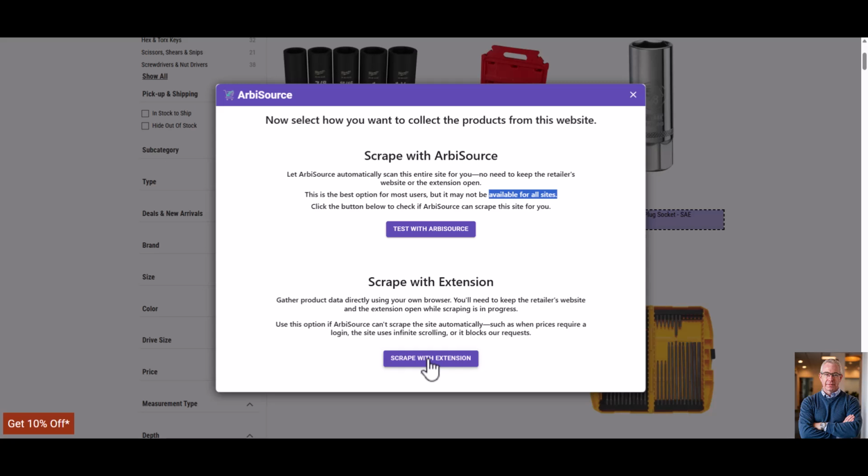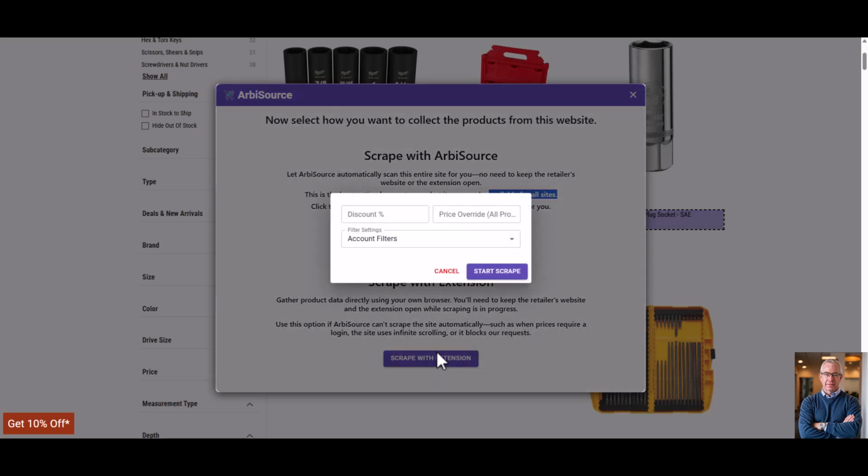So I'm going to go ahead and click on scrape with extension. And then this is important right here. If you remember on the reverse sourcing video that I did, every single result that you upload, every single ASIN that you upload and it matches to, is downloadable for you. With this particular tool, it is not. In fact, the only matching products you'll be able to see are the ones that appear shoppable or buyable